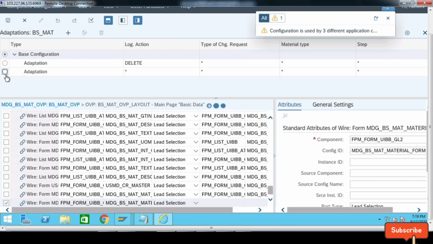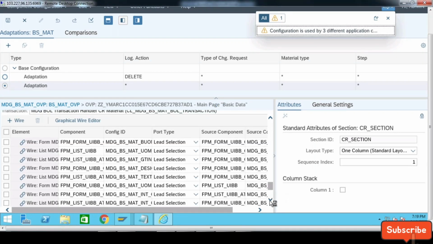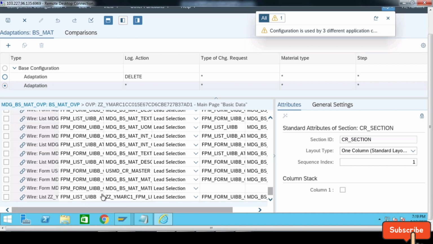I always need to come to this adaptation because my changes are within this adaptation. Okay, here we go. So you can see these are my details. So now if I select this entry,